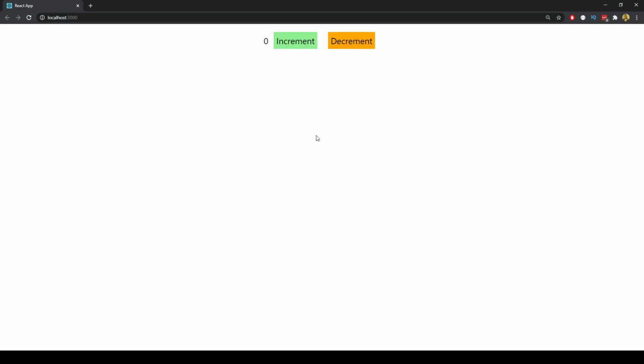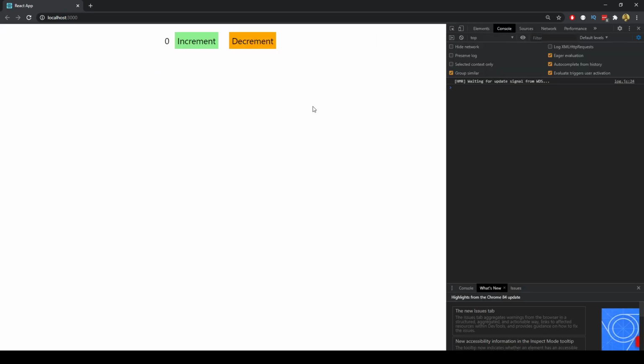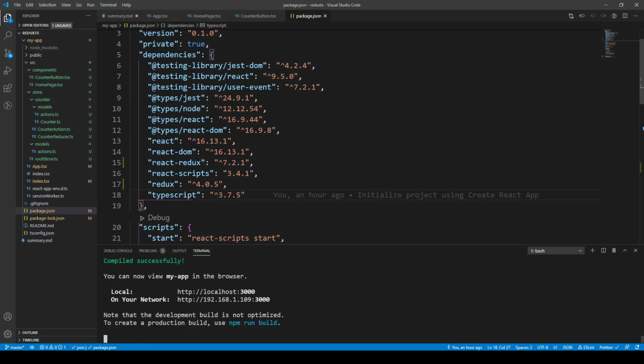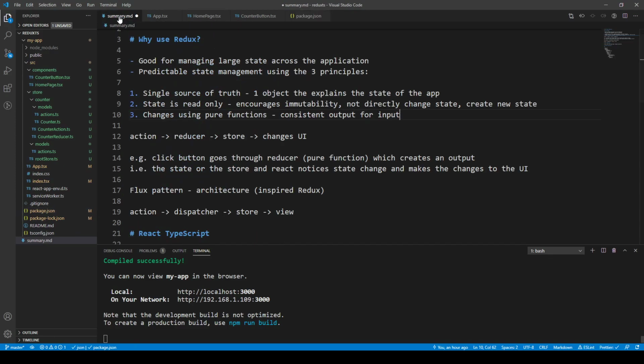If we open up localhost 3000 with npm start, I can increment the value and I can decrement the value as well, and it's keeping our global state all nice. There's just one more thing I would like to discuss before finishing off this particular video on React Redux TypeScript, and that is if we have a look at our